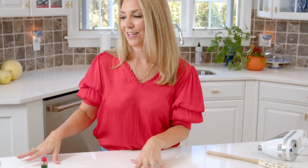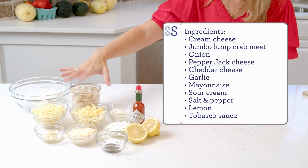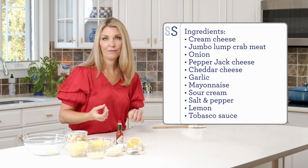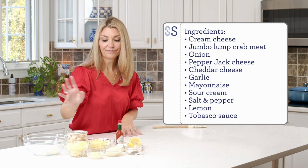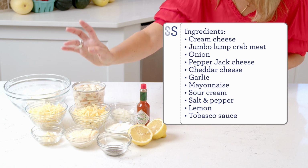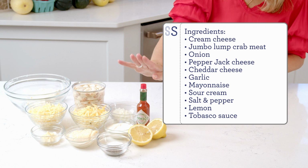All you need to make your crab dip is 8 ounces of cream cheese, jumbo lump crab meat. You want the fresh stuff. You don't want the kind that you find on the shelf with the tuna fish. You want to go to the seafood department and get the jumbo lump crab meat. Some minced onion, some pepper jack cheese, cheddar cheese, minced garlic, mayonnaise, sour cream, salt and pepper, lemon, and Tabasco